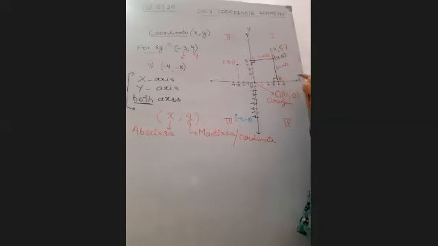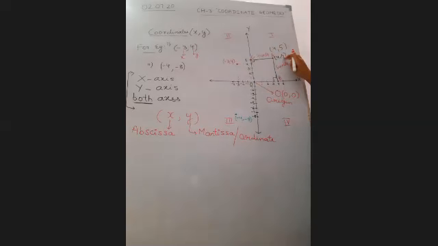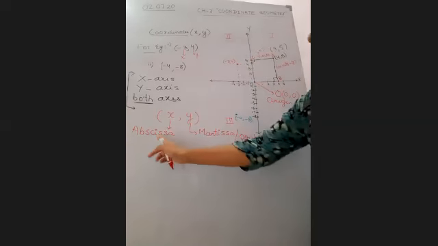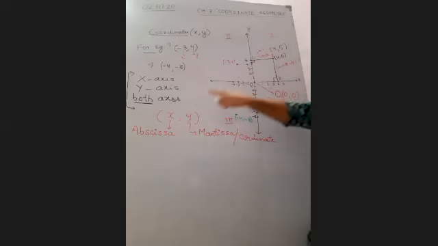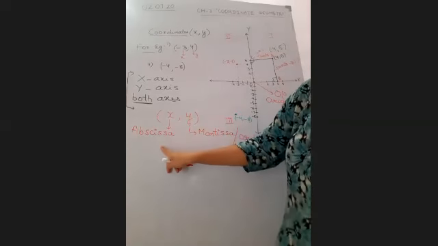Again I am repeating, from A to B, you can see AB is this distance, which is 5. And AC is equal to this distance, which is 4 units. Now this 5 is what, x or y? Y. 5. And this 4 is x. Just see the new definition of abscissa. Abscissa, x is 4, right? Abscissa, x is 4. That means, how do we define abscissa?